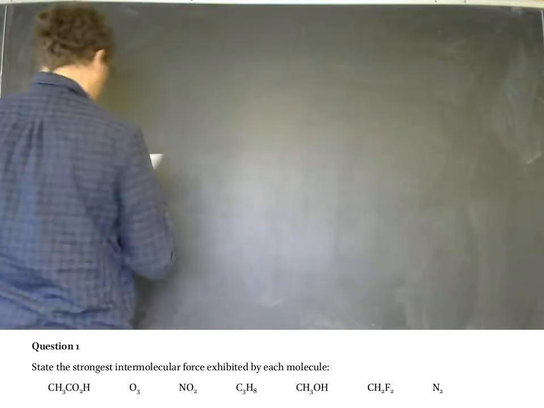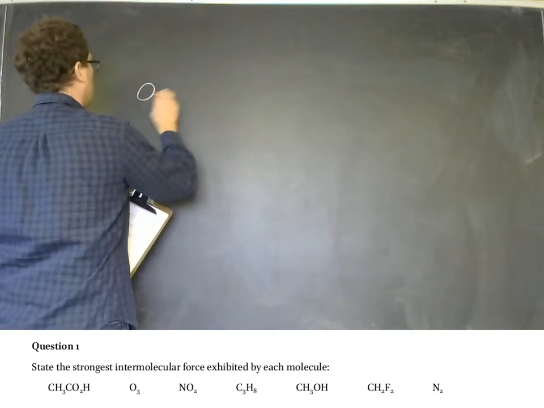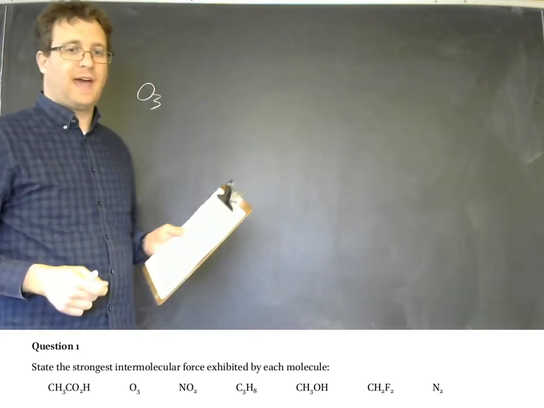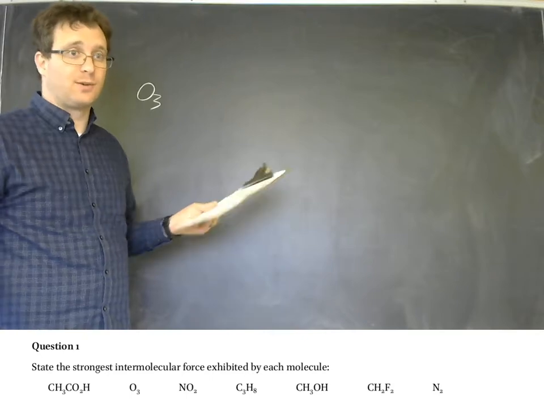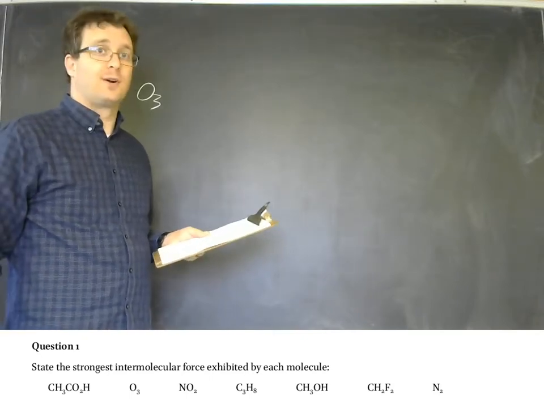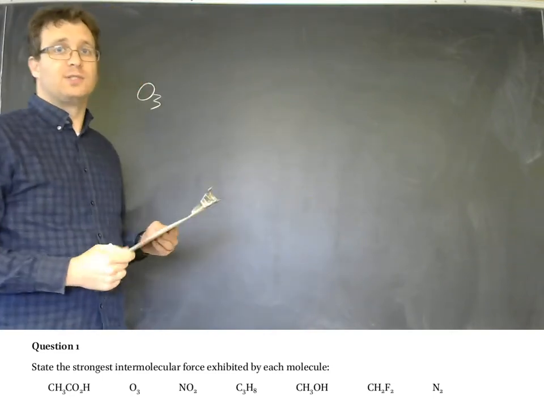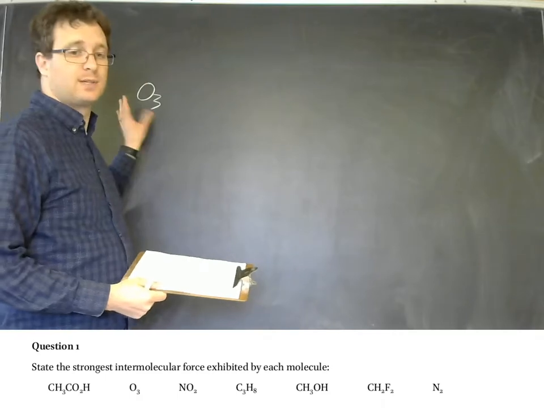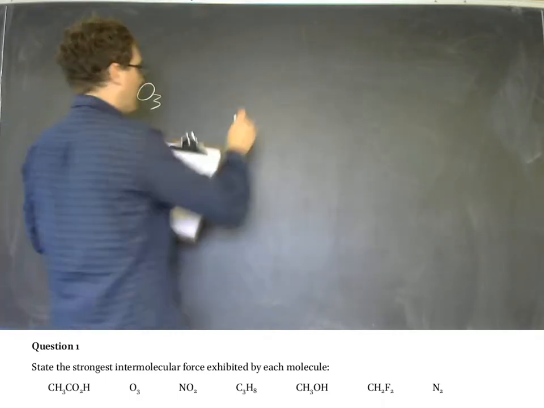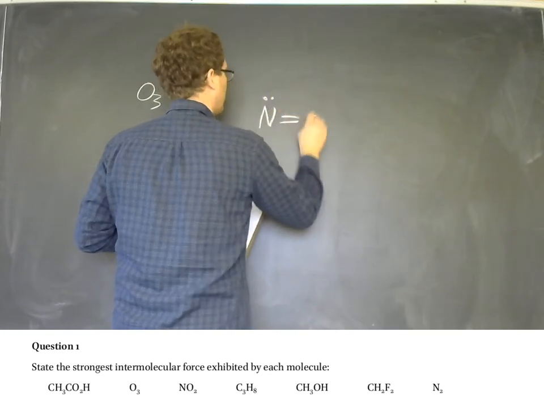And some of these I'll go through rather quickly. Ozone, because all of the atoms in this molecule are oxygen, we know there are no polar bonds. There's no opportunity for hydrogen bonding. And so London dispersion forces are the only types for ozone. NO2, you'd have to draw out the Lewis structure